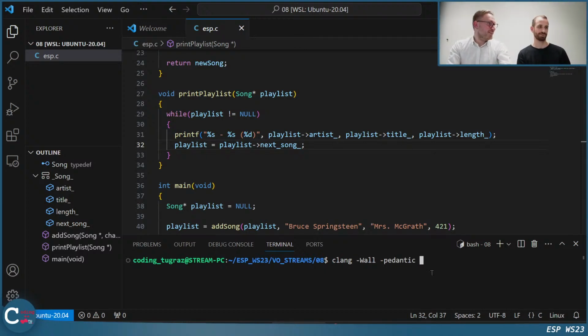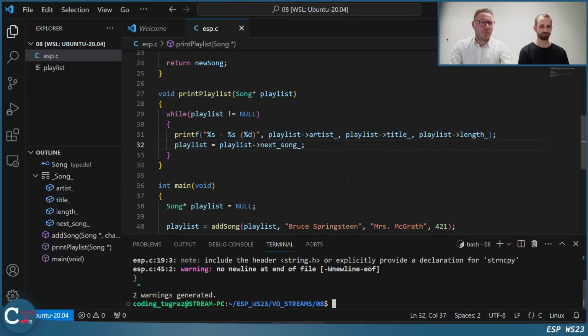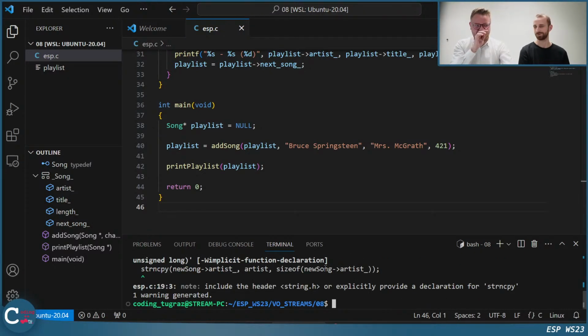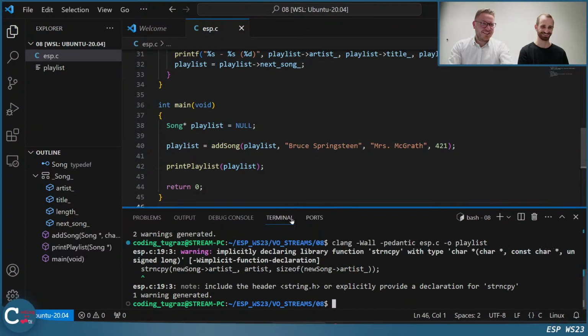I always go the hardcore way. How's it called? ESP? Yeah. Let's call it playlist. Okay. No new line at end of file. A common error. That's why you included the right.